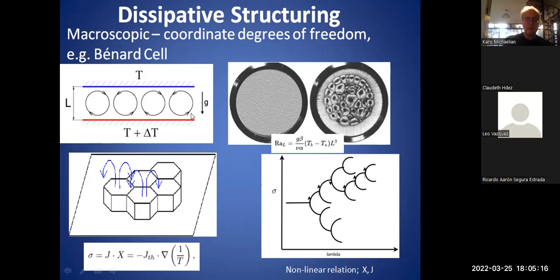Now, as long as the temperature gradient, the difference in temperature between the two plates, is not too great, then we get only conduction. We don't have these cells occurring. These convection cells still do not arise. We have only conduction, which is the vibrational movement of the molecules, which is transferring heat from the bottom plate to the upper plate. But as soon as we get over a critical temperature difference, okay, so we're changing now the temperature difference between the upper and lower plate.